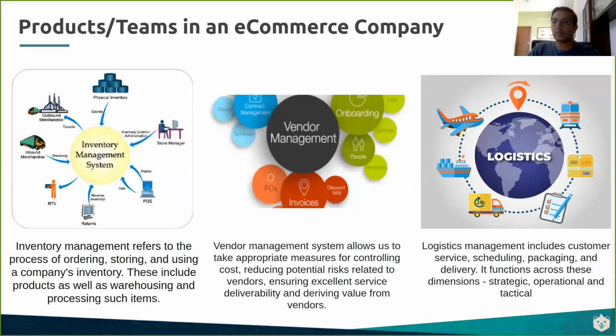So let's take an example of an e-commerce company. There are multiple products running there, multiple teams working in that company, right? For example, we have the inventory management system who are managing all the inventory that they have. Inventory is basically all the products. How are they storing the products? What is the count of each product? Say, for example, you're talking about washing machines. How many do I have? How many are in my physical inventory? How many am I storing in my godowns? And how many are being sold right now?